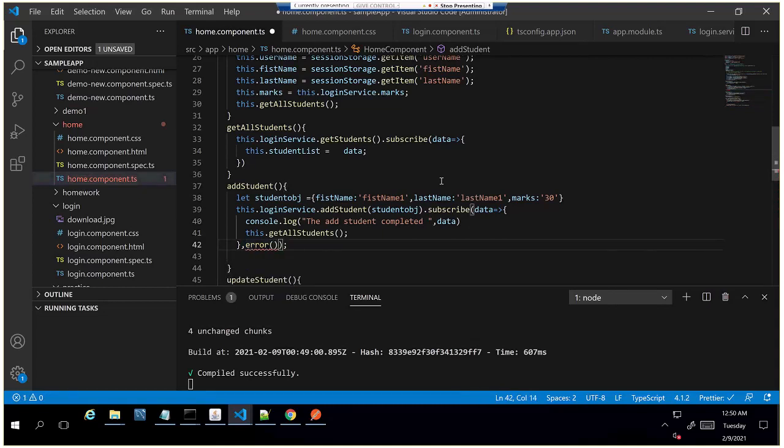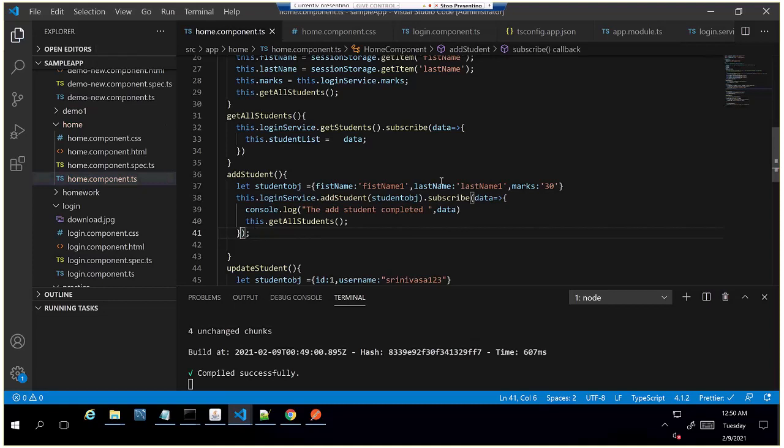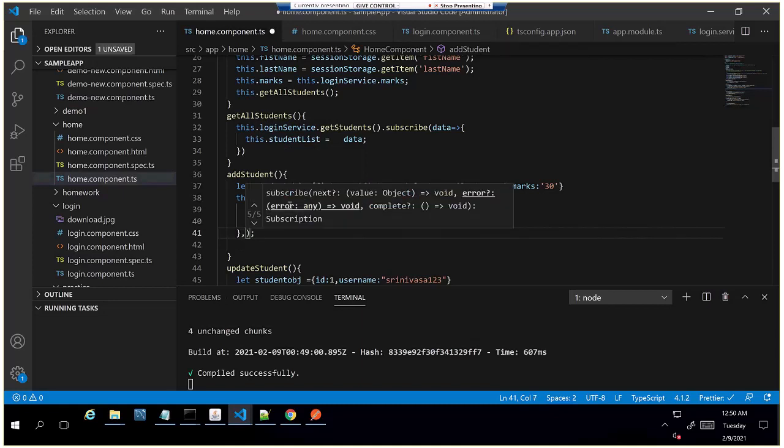So which means if there is any error in calling the REST API, it won't go into this console.log and this method. Instead, it will go into the error block, something like an error block that will print that error, so that we know that there was an error calling that REST API and what that error is, right?